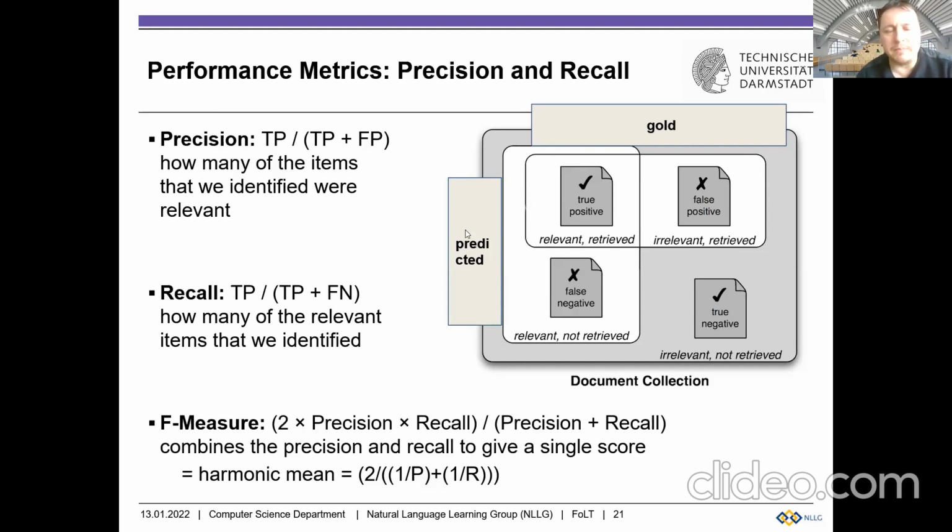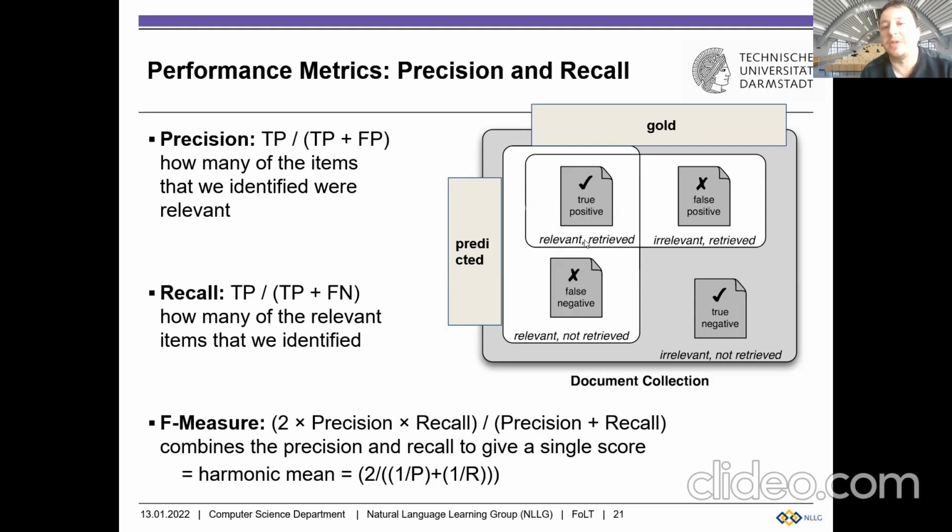Now, precision and recall can also be read off from this 2x2 contingency table, which is shown here. In this table, we have the model predictions and we have the gold labels. And for example, the prediction could be that it's positive. So this is class 1, this is class 0 down here. Could be class 1, so we have a prediction of 1. And then the true positives are here, where the gold label is also 1. So we have a match. This document is both retrieved and it is relevant.